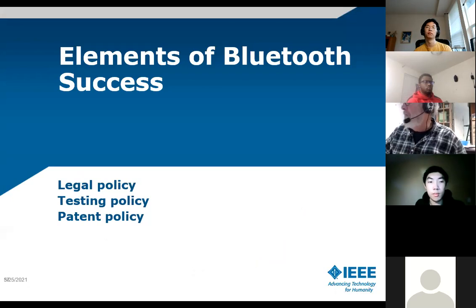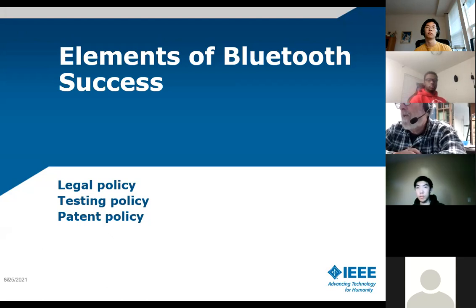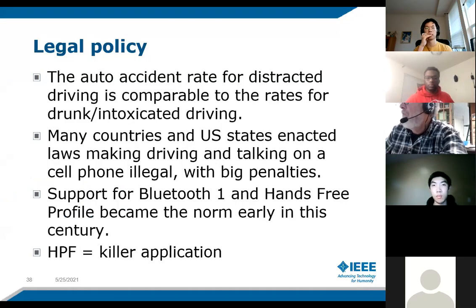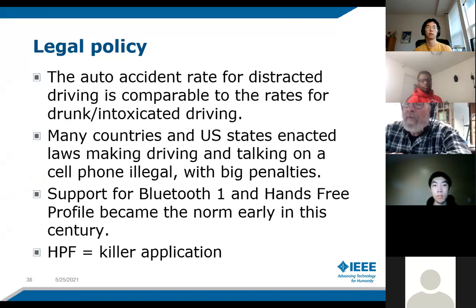So I'm going to close up by talking about why Bluetooth has been successful, because there are many people proposing many different networking technologies that have fallen by the wayside. Bluetooth did not. I consider the three most important are legal, policy. First of all, it had a killer app that had the law and insurance companies behind it.